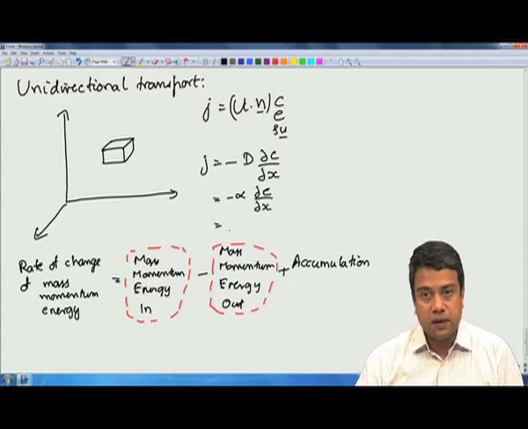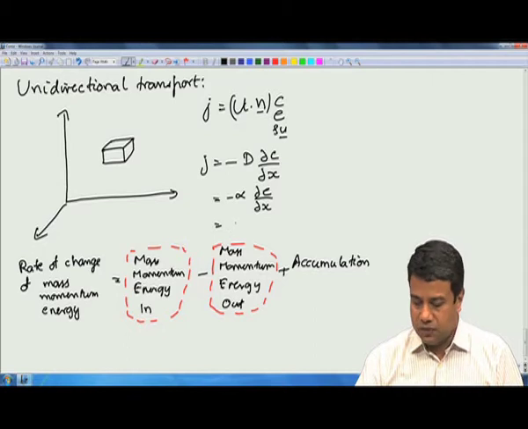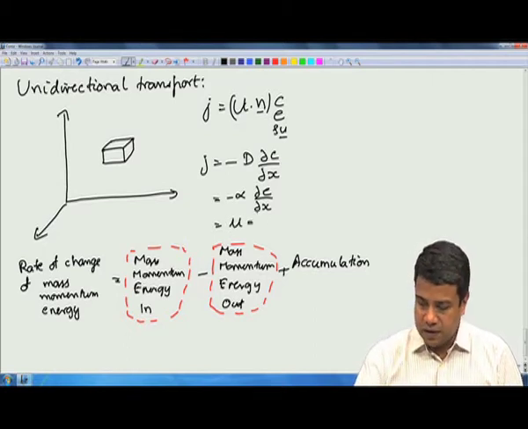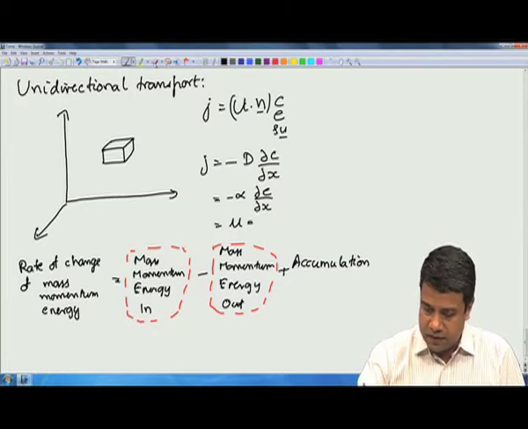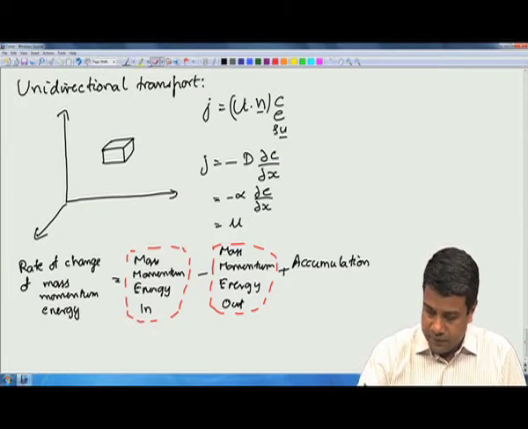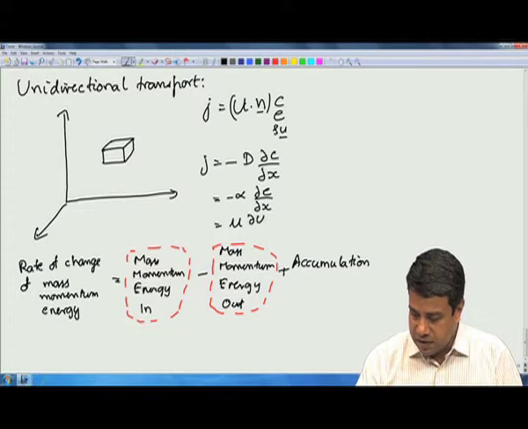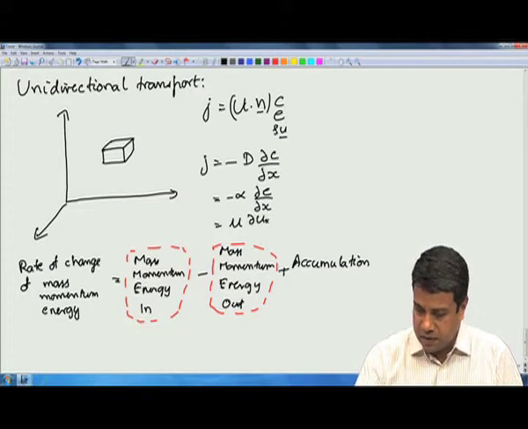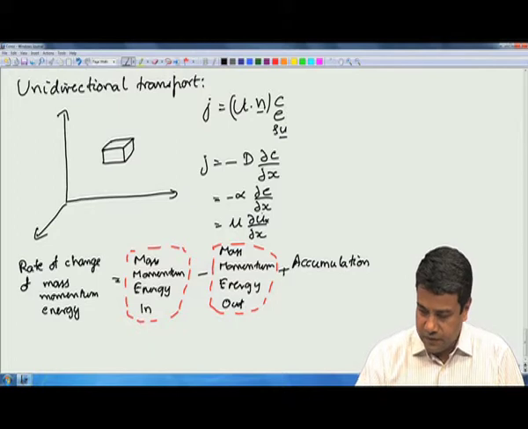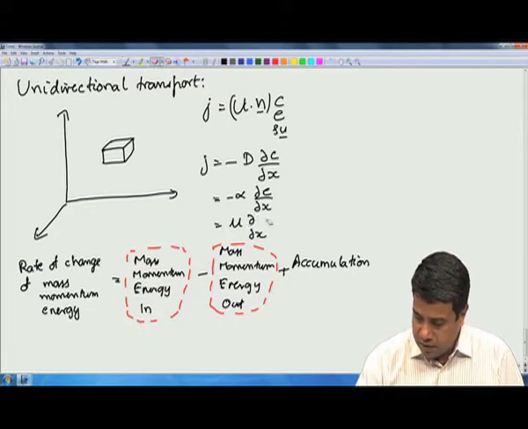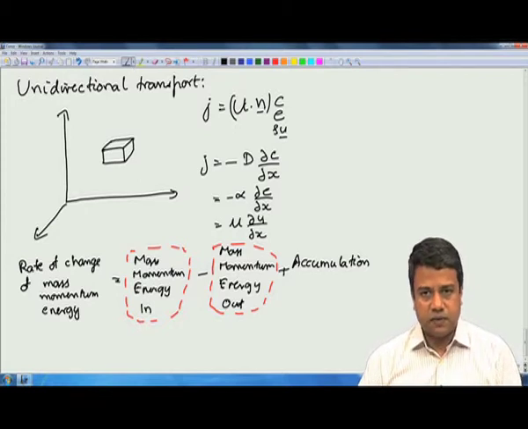I had explained in the last lecture that when we consider momentum diffusion, we consider the viscosity with a positive sign, because the increase in momentum of a surface with outward unit normal is considered to be positive, and this is mu times partial u by partial x, where x is the direction of variation of the mass, momentum or energy. So, those are the basic ingredients that we will use.